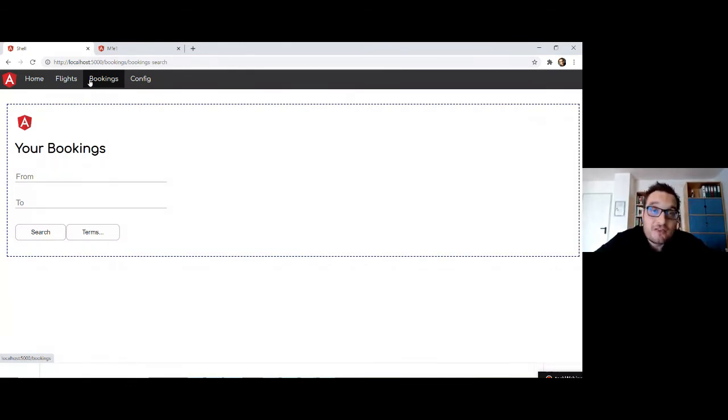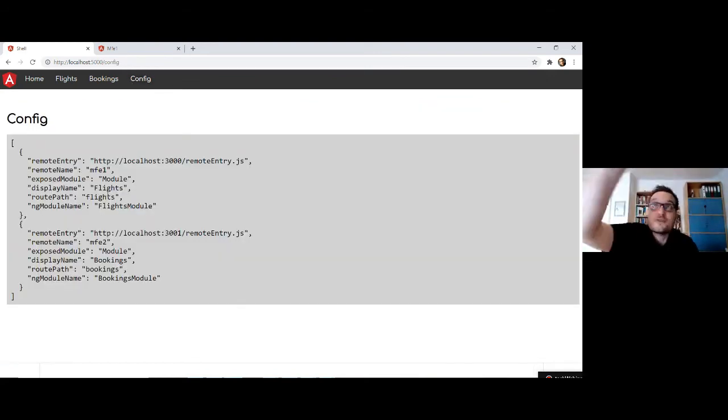When the application is started, it gets some master data from a configuration service in the backend. And this master data is saying, hey, we have something, please display it under the name flights. On demand, you find its remote entry point here. It is called that over there, and the exposed module is also called module.